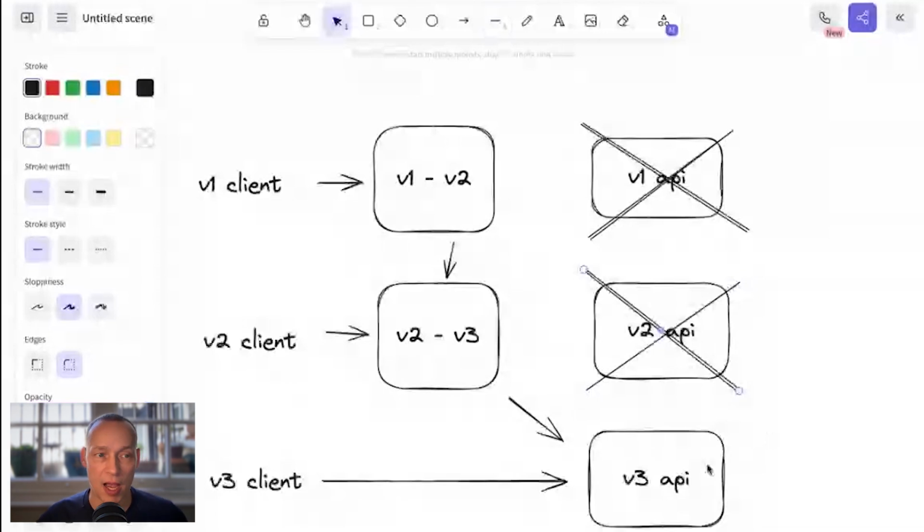one version of the API, but they start to chain these effects. And so I now have effectively achieved backwards compatibility for V1 and V2 clients, which is something of a glorious place to be, honestly, for most API developers. But I'm only really maintaining one version of my code. Is that a fair sort of diagram of how Cadwyn works?